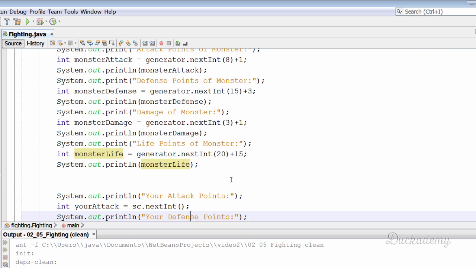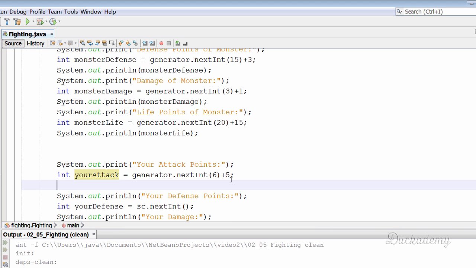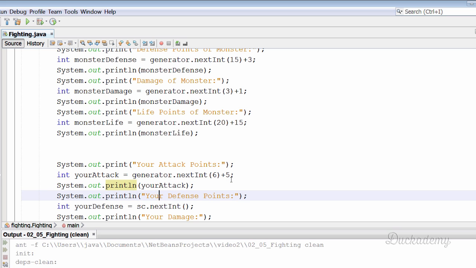Okay, so that's all for the monster, and this is your turn. We will generate your values as well with the random generator, and you will be somewhat stronger than the monster. So your attack points next int 6 plus 5. This will be printed to the screen. Attack and the defense points